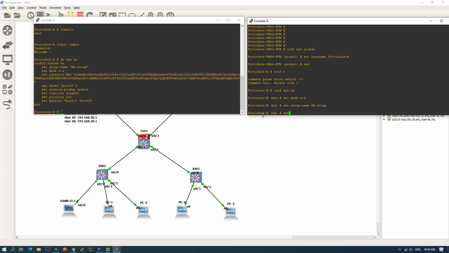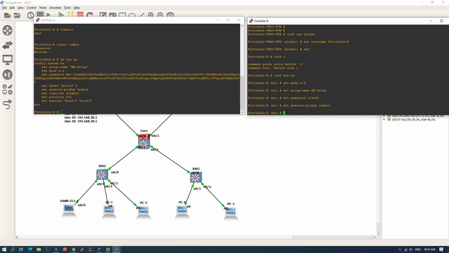Okay, set password 123456 and set session pickup enable, and then okay, so I think that's all for the configuration of the HA. So we set mode to AA, group name HA group, password 123456, session pickup. Okay.